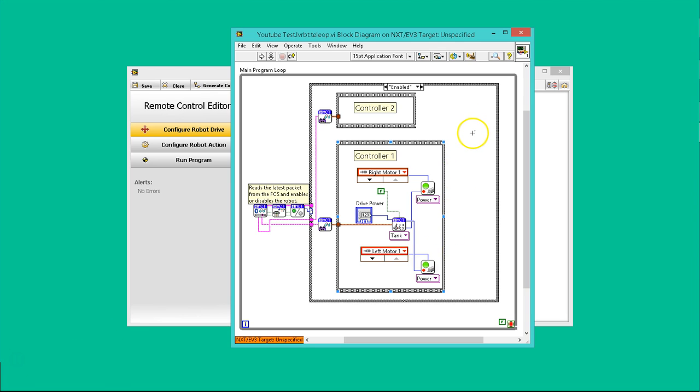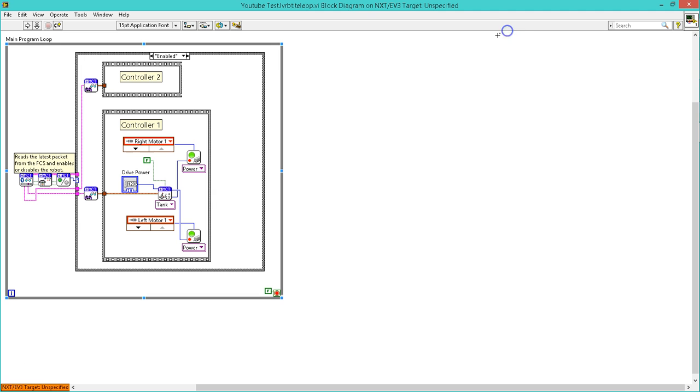Great. So it's finished generating the code, and now we have this. What this code will do right now is the left joystick will power the left motor, and the right joystick will power the right motor. But what we want it to do is to have the left joystick power the left motor 1 and left motor 2. How we accomplish this is by selecting the drop-down arrow. It now adds a second motor here and a second speed wire right here. So we have to choose left motor 2,